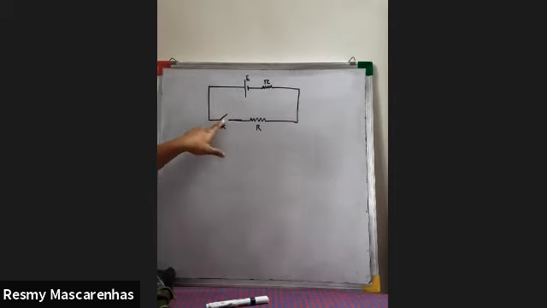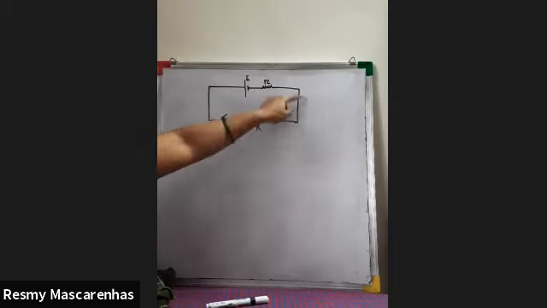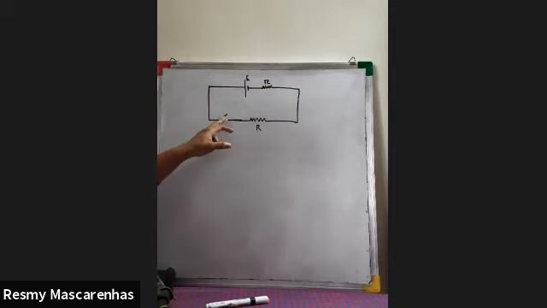Current will stop here. Current has to flow, right? It has to go from the positive side and come towards the negative side. But here it is open. So current is not flowing right now. So write down, when the key is not pressed, or when the key is open, write down like this. When the key is open, the potential difference,